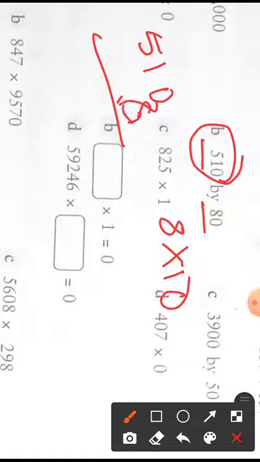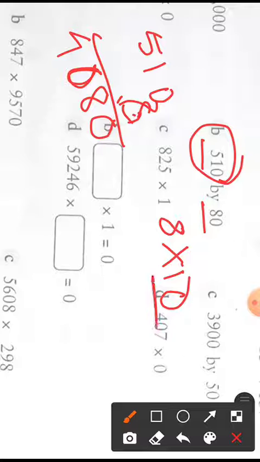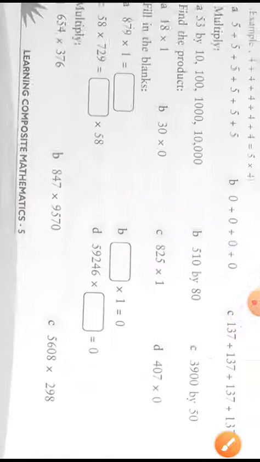Okay. So 8 zeros are 0, 8 ones are 8, and 8 fives are 40. So now you know we have to again multiply with 10. If you multiply by 10, then in place of multiplying by 10, we will just put a 0 here. This is your answer. The shortcut method. So question number C you will try yourself.